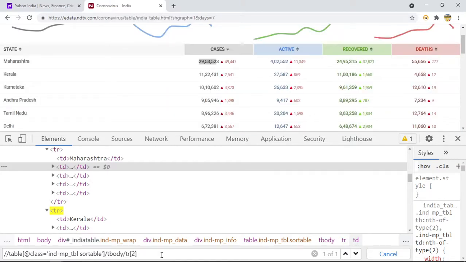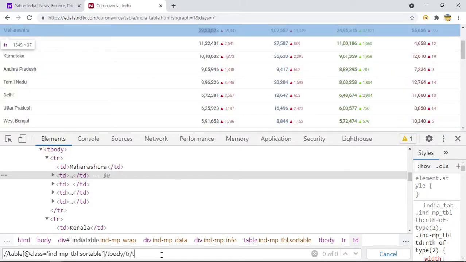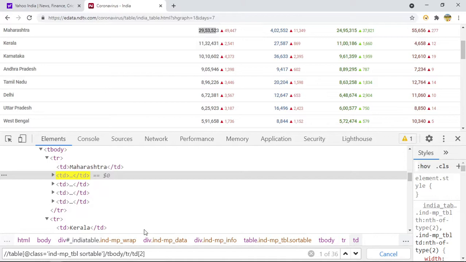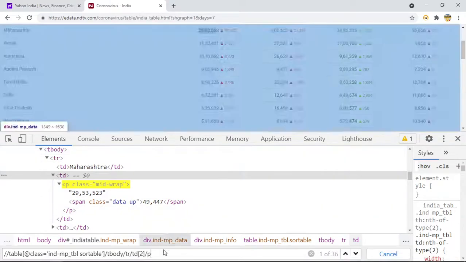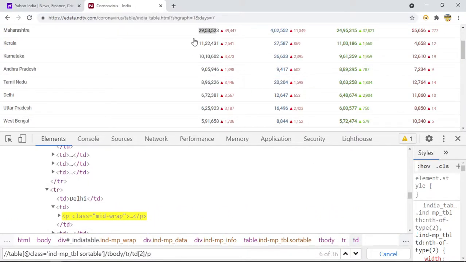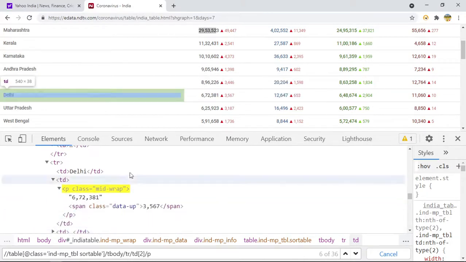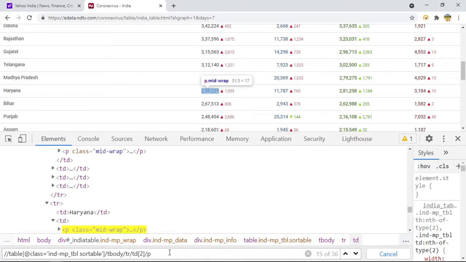You can try with some other data when you practice. So there we are, tbody/tr/td of 2, and after that, once we are inside td, I will reach here. So if I say /p, that will select my /p. Now it has selected the data. But if you see here, it is selecting only this first number. But once you apply get text, it is going to fetch all the data that is present inside this. So this one is present and as well as this is present. So we are able to highlight each and every number here.